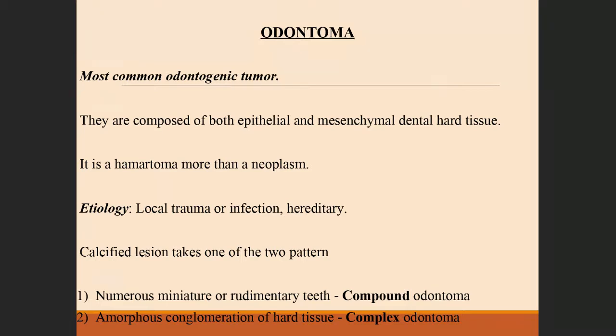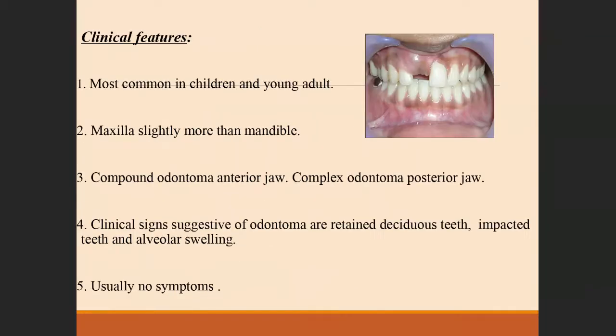Now here we have two types of odontomas: compound and complex. That is because of their appearance. In the compound one, you can see miniature or rudimentary teeth. So in this particular odontoma, you can see multiple small teeth. Whereas in the other one, the complex odontoma, you can just see a mass of hard tissue, a conglomeration of hard tissue. Now these odontomas are of three types: central, peripheral or erupted. Central is within the bone. Peripheral may appear like a soft tissue swelling, which is very rare. Erupted, just like a normal tooth, these odontomas might erupt into the oral cavity.